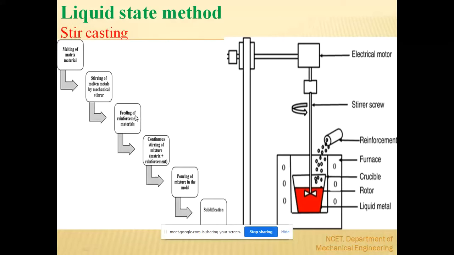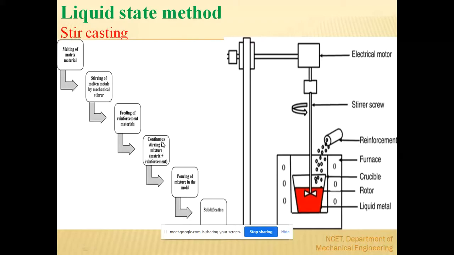The next step is feeding of reinforcement material. See, with this molten metal, we need to add reinforcement of any other material or metal, right? We're going to mix it into the molten metal, and meanwhile you're going to stir. See, feeding is going to be a uniform one. You're going to feed reinforcement. Reinforcement may be aluminum carbide and some other reinforcement materials which were discussed in a previous class, right?